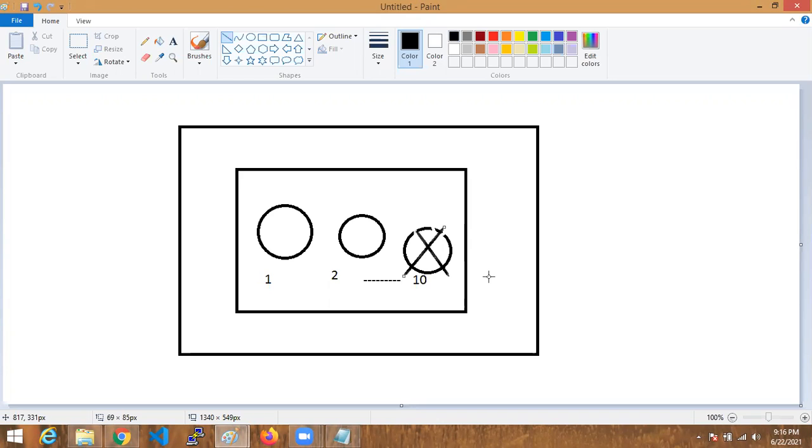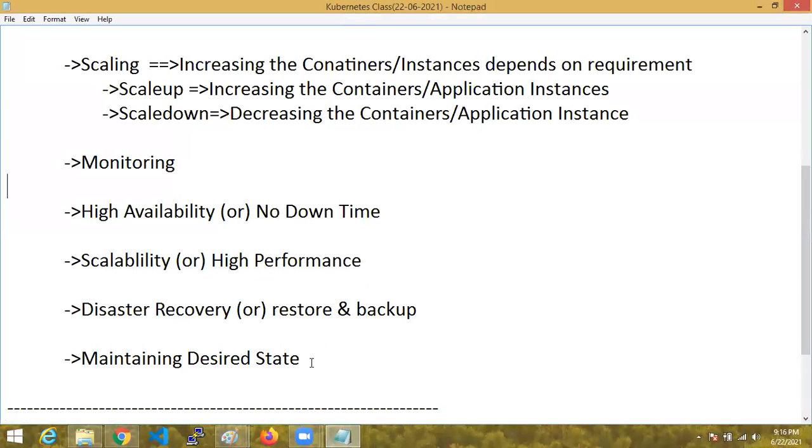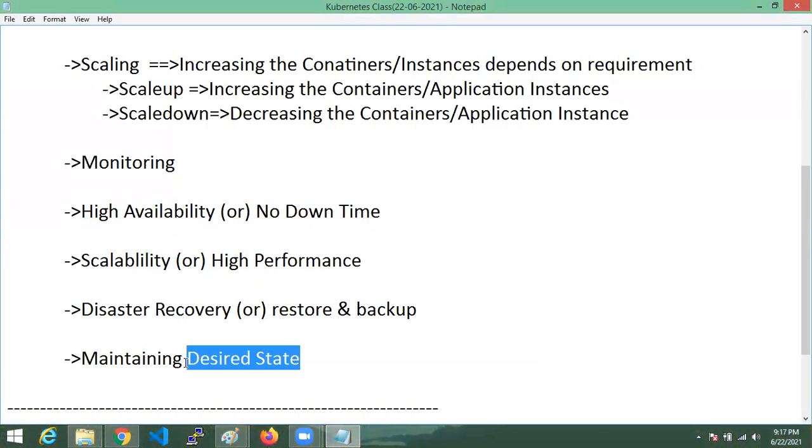While running, for any reason, hardware reason, whatever it may be, one or two of the 10 containers stopped. In that case, what is the desired state here? The desired state means how many containers should run: 10. My requirement is 10.